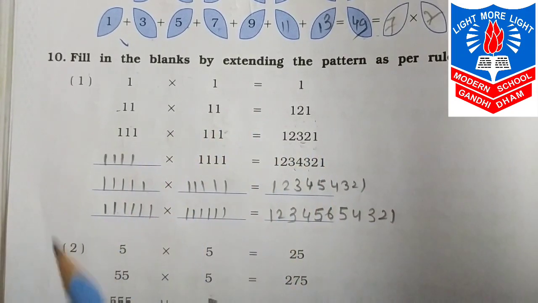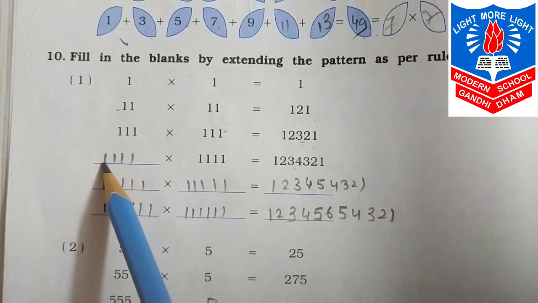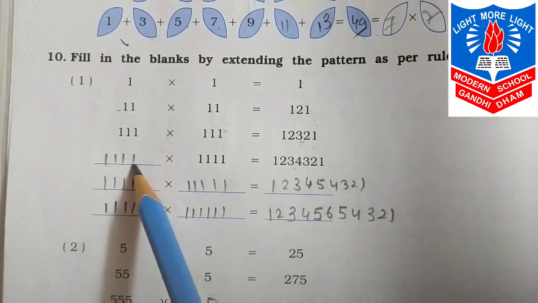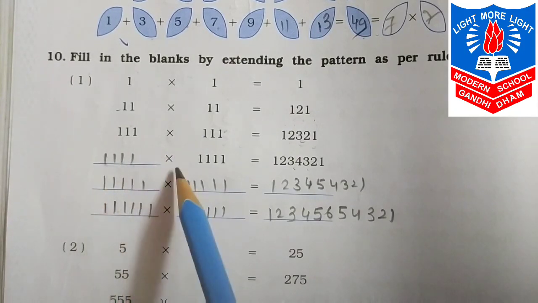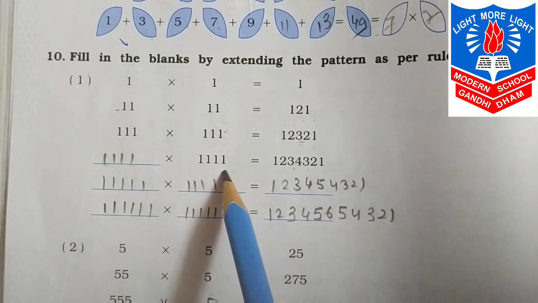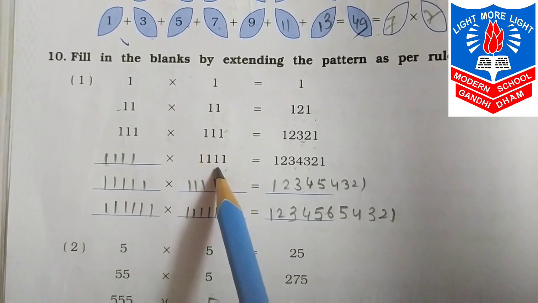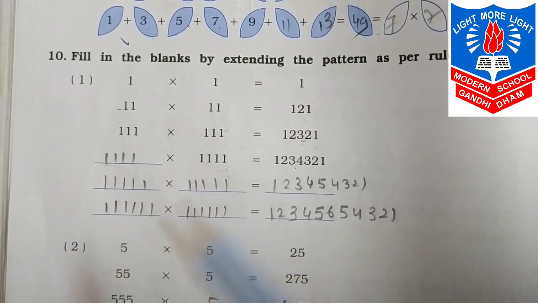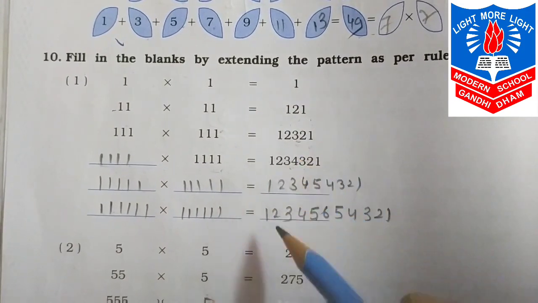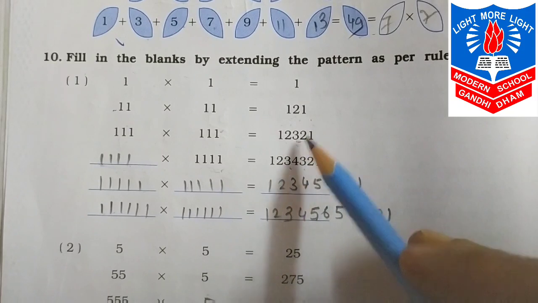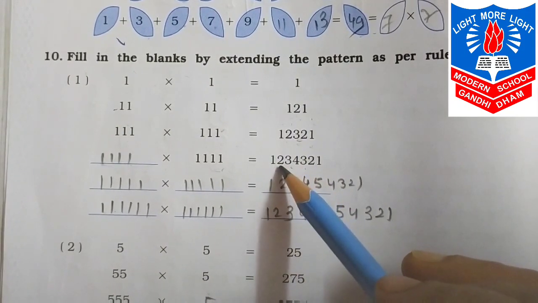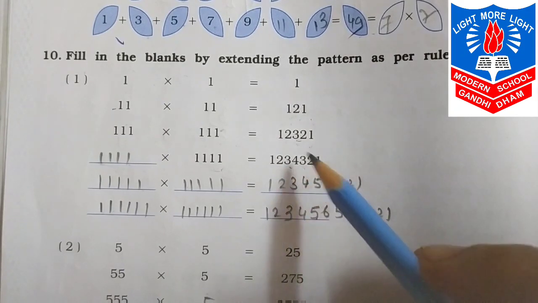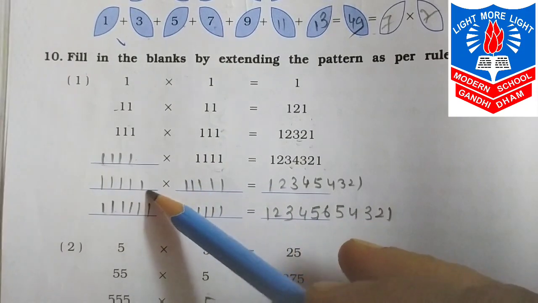अब इसी पैटर्न को आगे फॉलो अप करते हुए देन हियर इज ब्लैंक. Here one blank is given. I write here, see here is 3 times, then I write here 4 times. 1, 2, 3 and 4 into 1, 2, 1, 1, 1 into 1. मतलब इधर आगे 3 time था, here 4 time 1, 1. Then multiply करेंगे, here you see here 3. Then अब हम क्या लिखेंगे, then 3 after 4. So you will write here this number is given 1, 2, 3, 4, 3, 2, 1. Okay, then extend again here 4 and here 5.